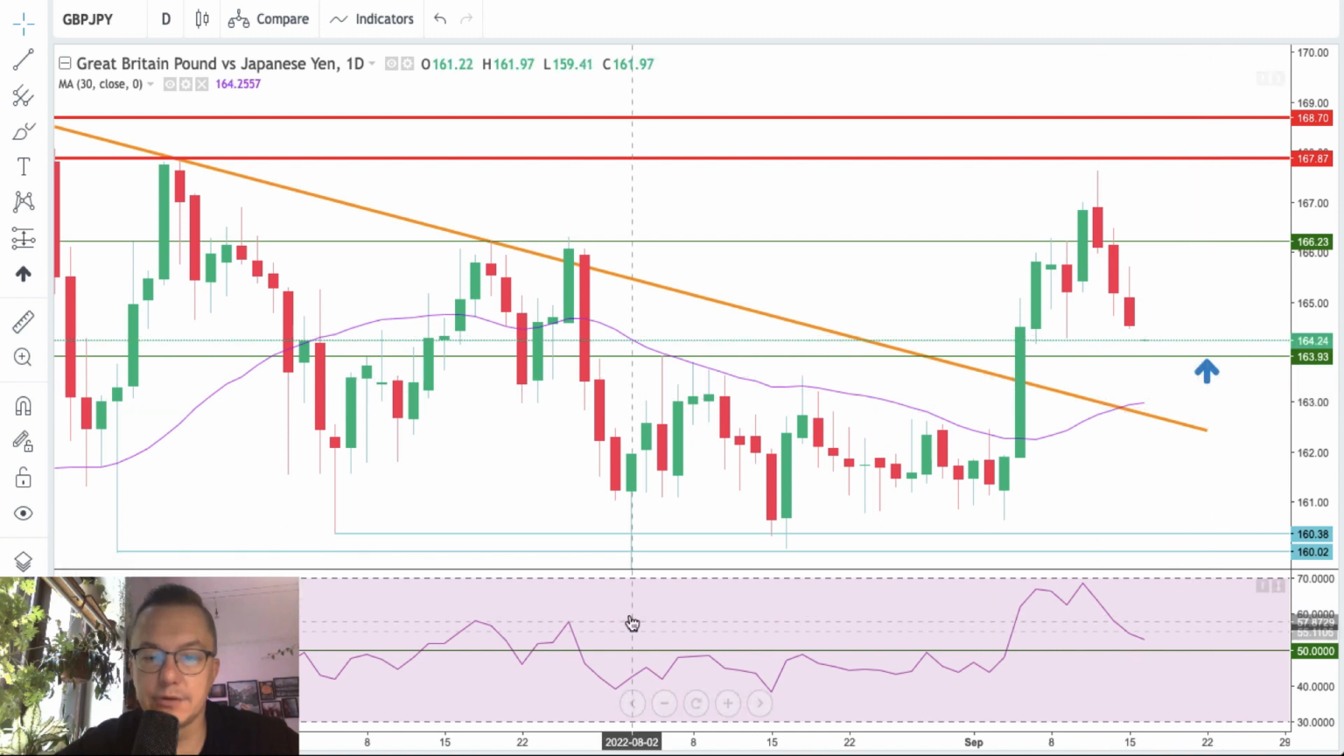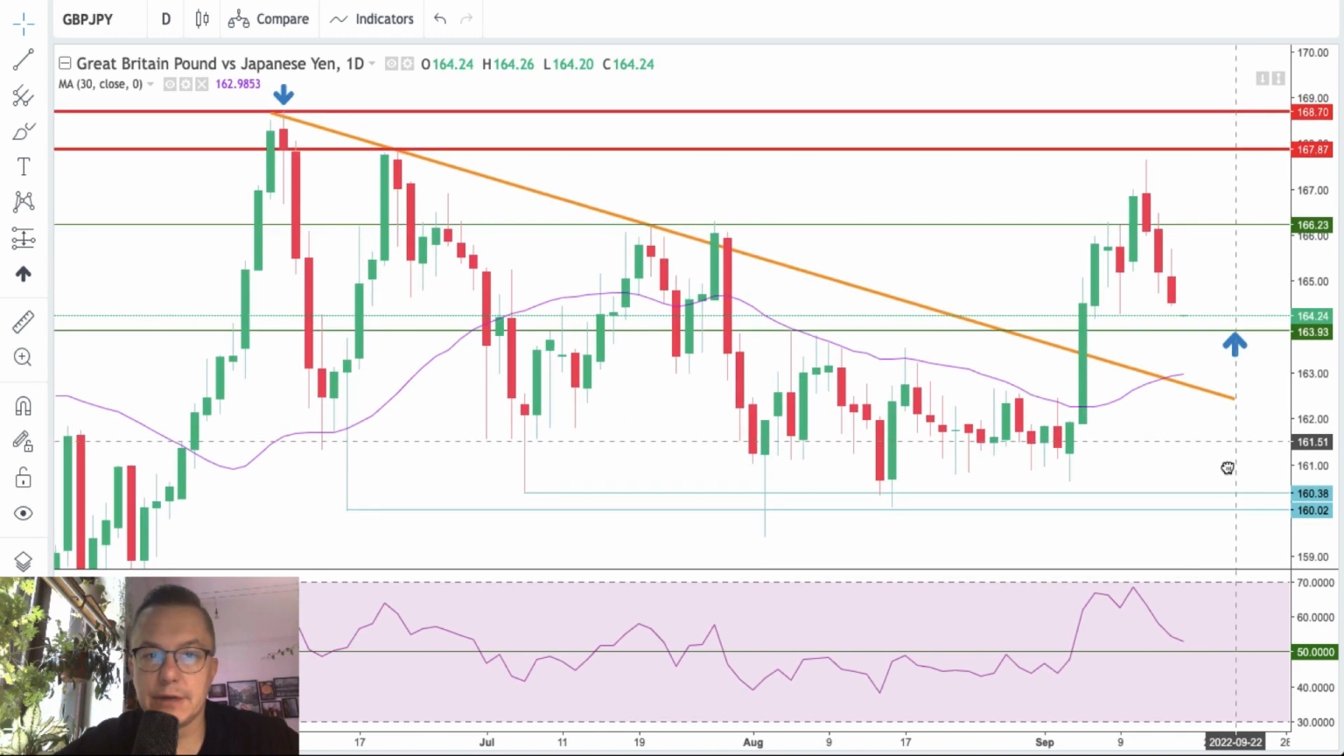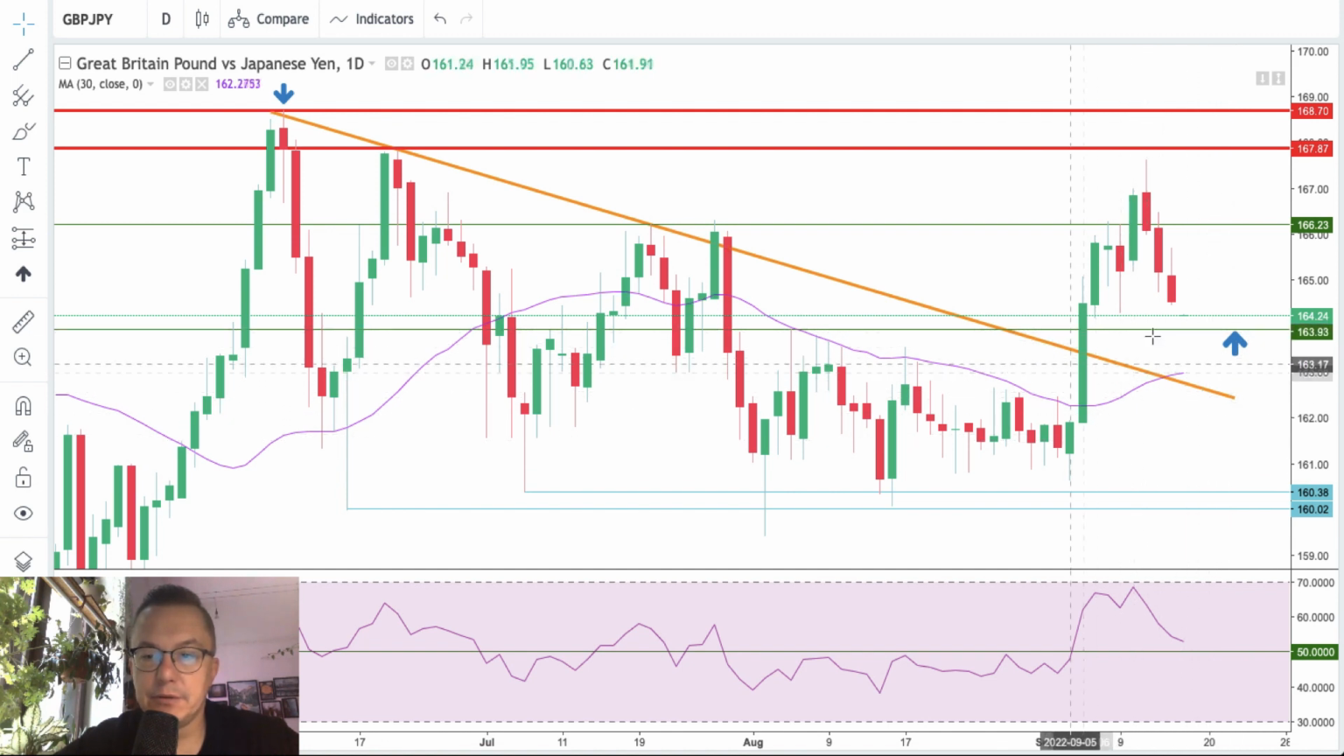So blue arrow goes here, and please remember, this is how we are trading right now on the British pound to Japanese yen. This is the price action. That's the technical support. The daily moving average is of course here. This is the 30-day moving average around 162.98, and just below it there is this trend line. As you can see, it's a valid trend line because market is breaking above it if it wants to move through. So if we break below